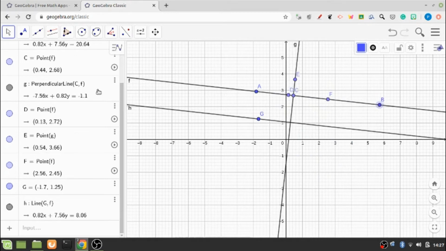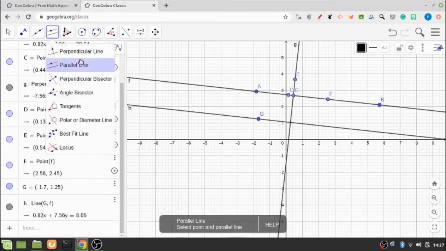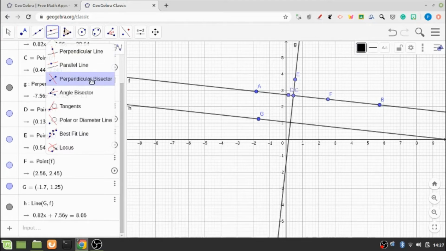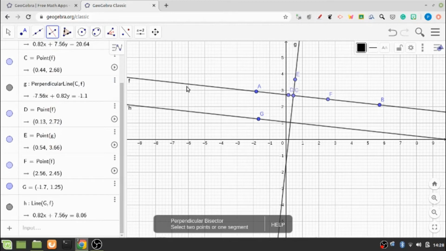So this way you can now go to the third option under this parallel tool, which is perpendicular bisector. So we had already created one perpendicular line. This G was created on this line F as a perpendicular, and now we want to create a perpendicular bisector. So if we click on this particular tool, and suppose we want to create a perpendicular bisector on this line